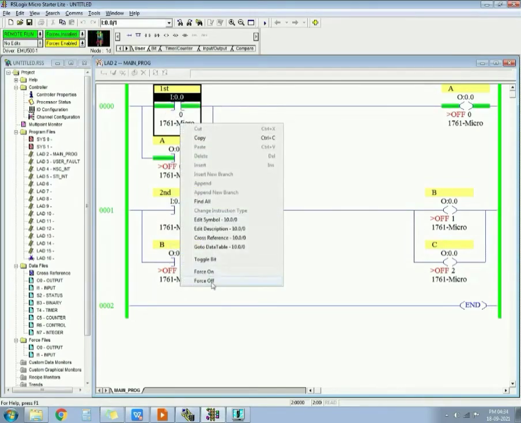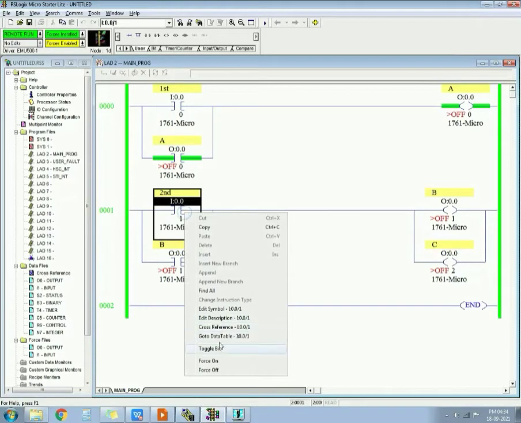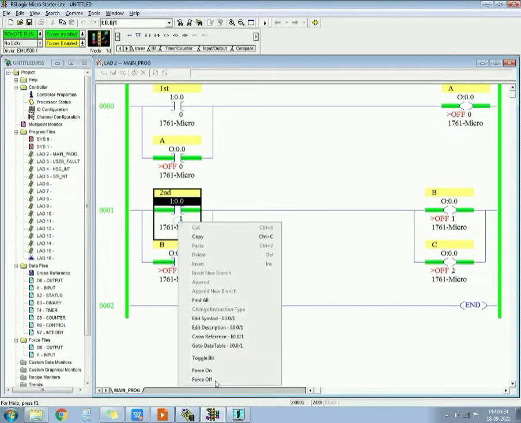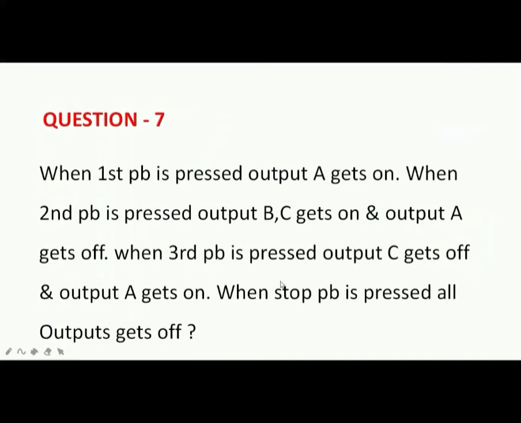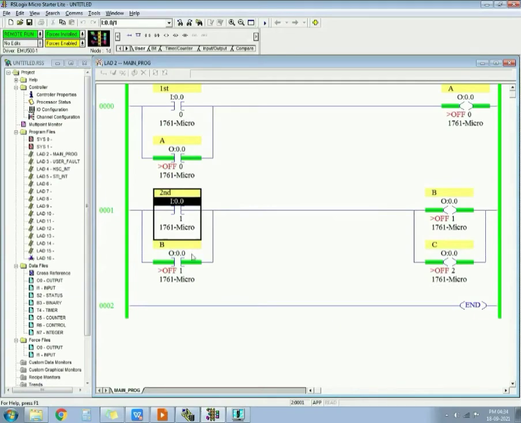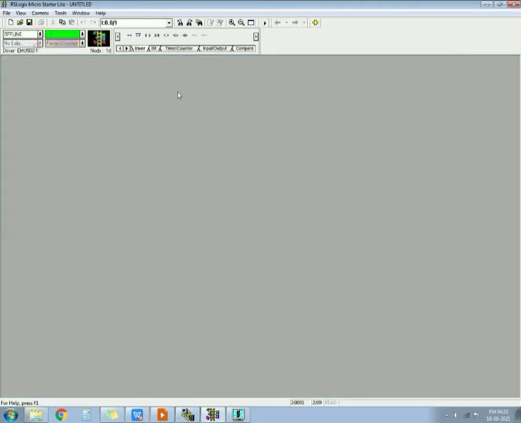Whether it is working or not. First push button is pressed, output A gets on, correct. When the second push button is pressed, outputs B and C get on, correct. And what else is there? And output A gets off, yes, this is remaining. So when I press this, it should break this contact of output A. It is a little simple.